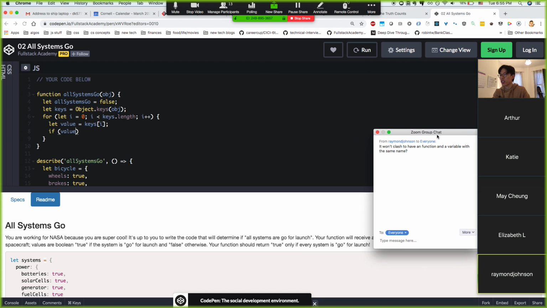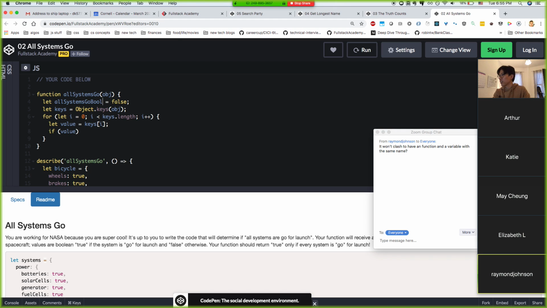Won't it clash to have a function and a variable with the same name? Yes, actually it will. Great point. So I'll just call it a Boolean, or like result or something. And then I can say if value, so if value is falsy,